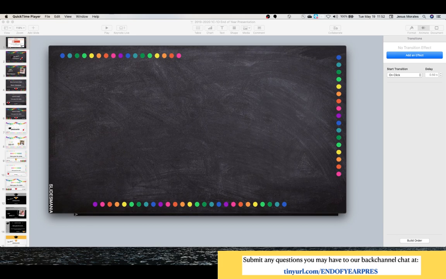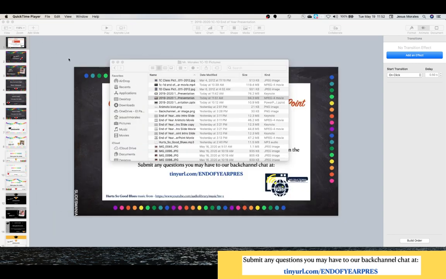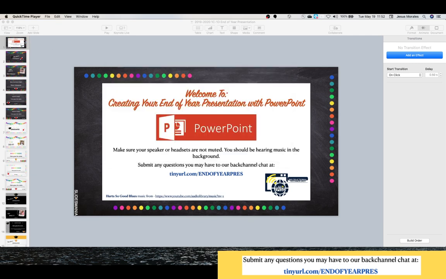These files can get pretty big, so if you don't need it, delete it, or save it to a USB, or save it to your OneDrive, or put it on Google Drive or wherever, because they do take a lot of space. Remove it from your hard drive on your computer so that you don't use up all that space. That's pretty much it for creating your end of year awards